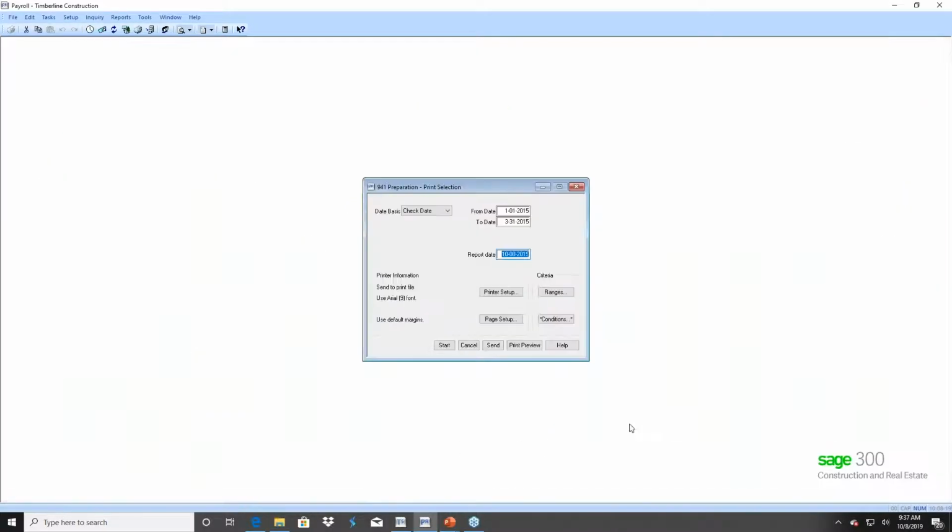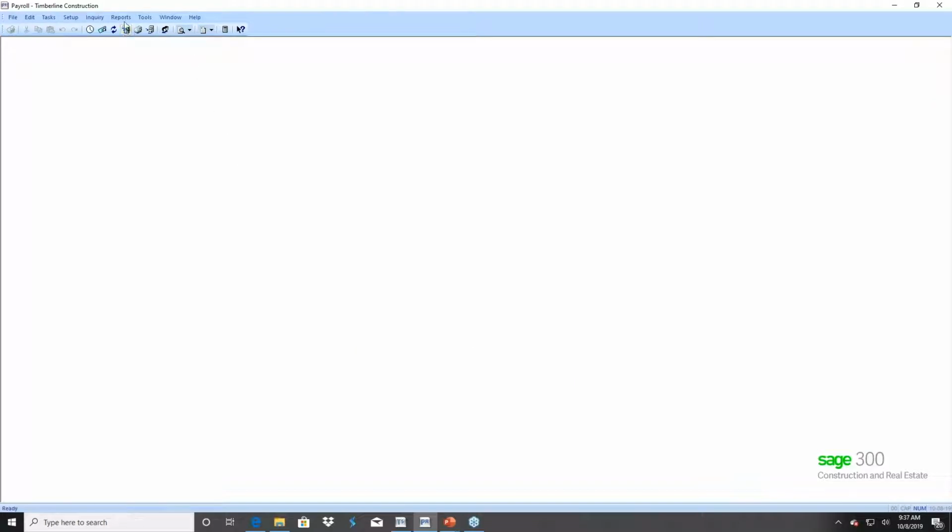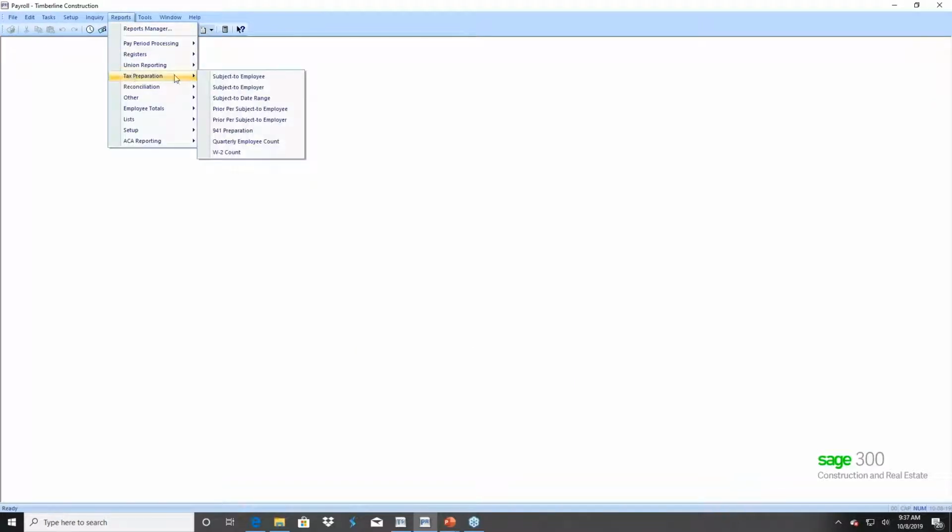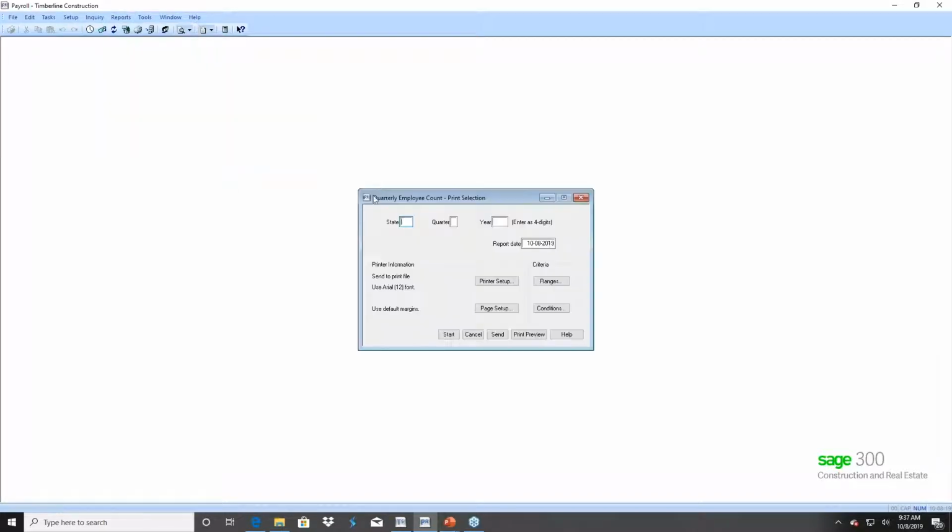Okay. And again, this is under reports, tax preparation, and it's called 941. Now the other one that's under here, we've got the quarterly employee count. So if your state requires that you enter in the number of employees that worked in the quarter,